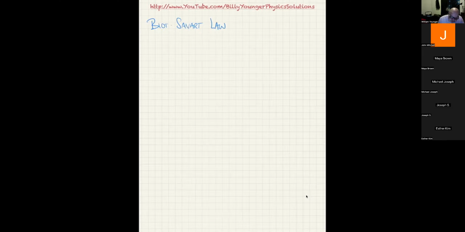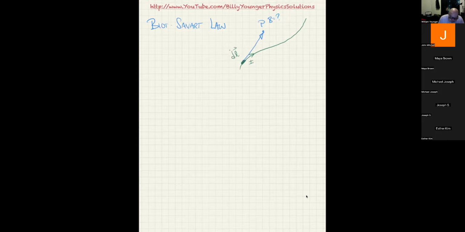Basically, if you imagine that there's some point over here, P, at which you wish to know B equals question mark, and there happens to be a current carrying wire going by like this, carrying a current I, then you might actually have a little section of wire right here, call it DL, and you might actually draw a vector from here to here,